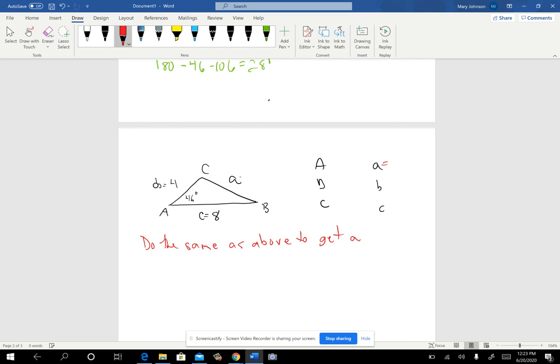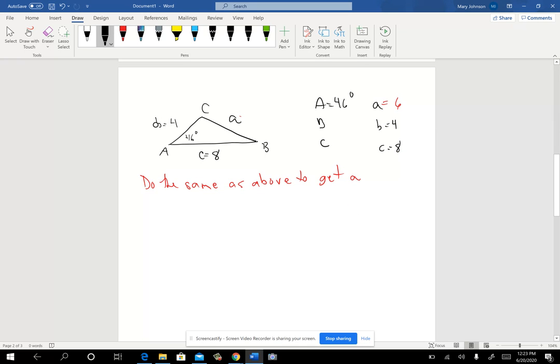All right, so we find out A is 46 degrees, and we already knew that a was 6, b was 4, c was 8, okay? And so now we're moving on. And what I did before is I just said, okay, well, let me find C. But here's the deal. I know, so I'm going to write it. I know B has to be acute